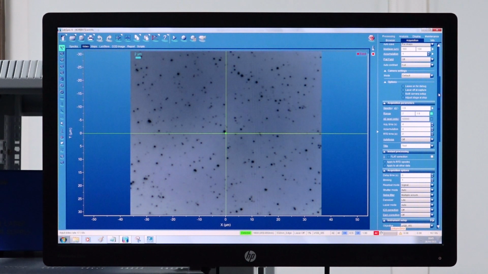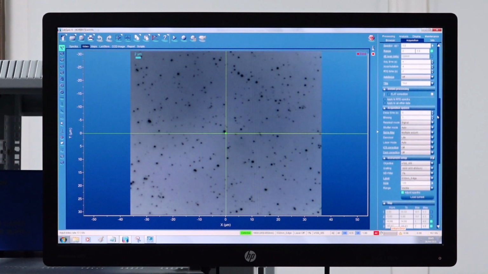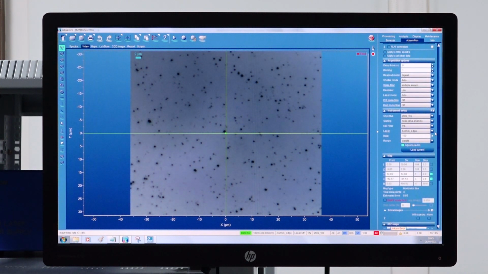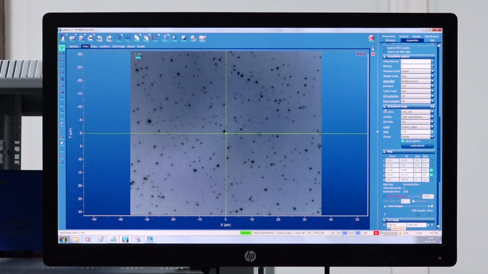Now here we will go to instrument setup. Here different fields are present: objective, grating, ND filter, laser, hole, and range. We will set all these parameters according to what we are doing. First we will select the objective as 50x visible and press on OK.